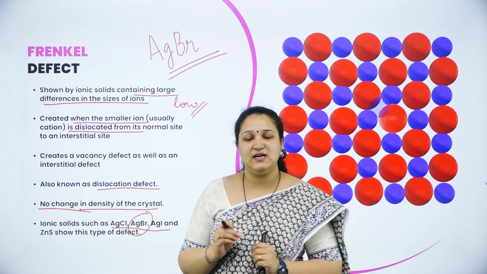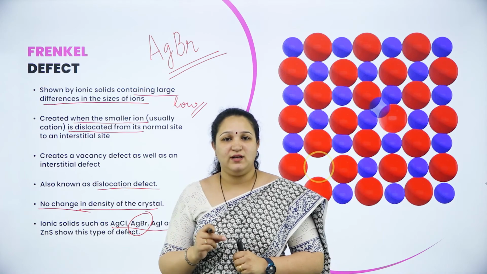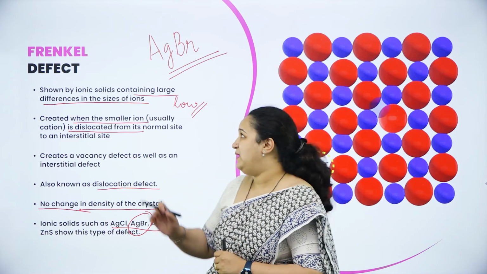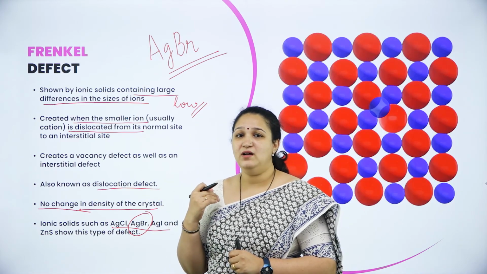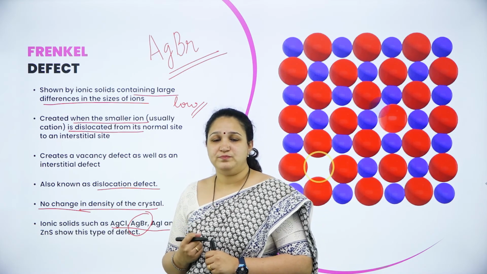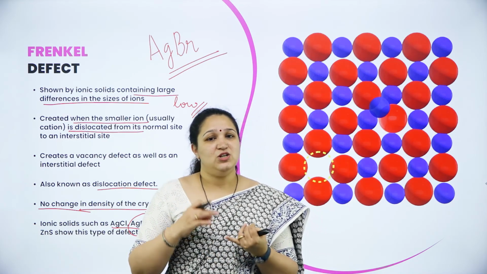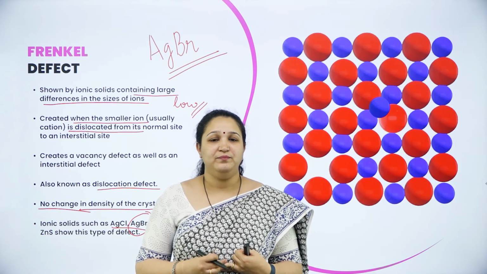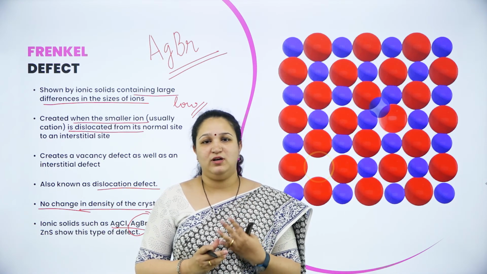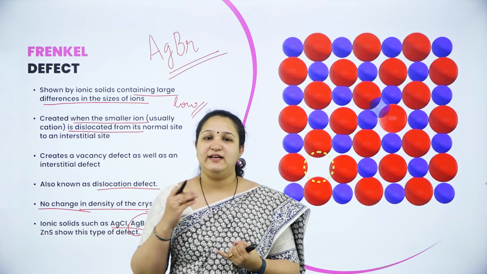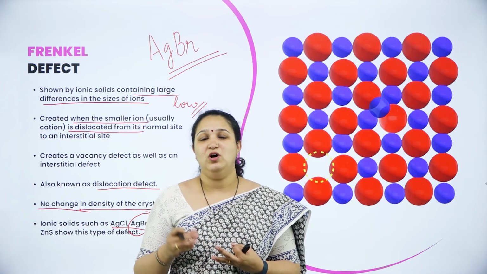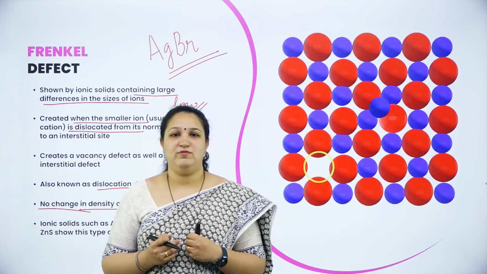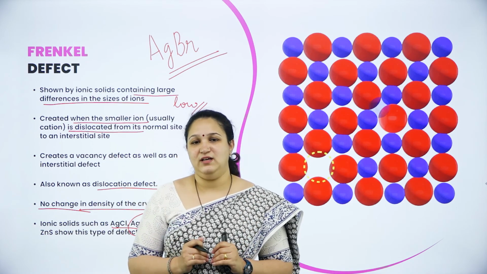The question can be asked as, give an example for a solid which can show both Schottky defect and Frenkel defect. So, your answer will be silver bromide. It can be a 1 mark question. Also, writing the differences between Schottky defect and Frenkel defect is a very important question. So, you have to learn to write 4 differences. Write the definition, write the differences in their density, what they can show, also the size of the ion and the coordination number, and you will get 4 differences for Schottky defect and Frenkel defect.